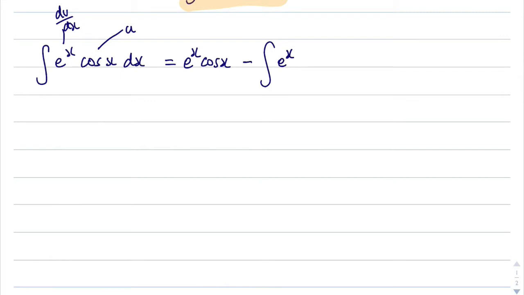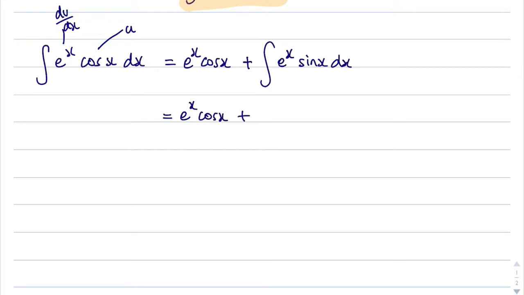When we differentiate cosine x, we will get negative sine x. So the negative and this negative here will make a positive, and that will be sine x with respect to x. So we've got e to the x cos x plus